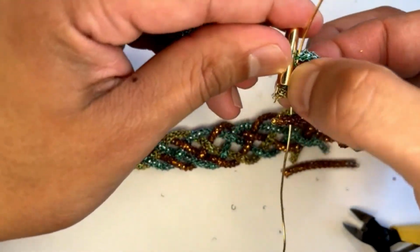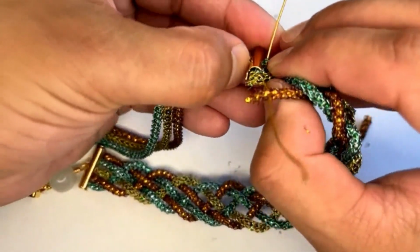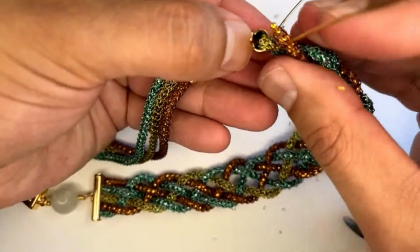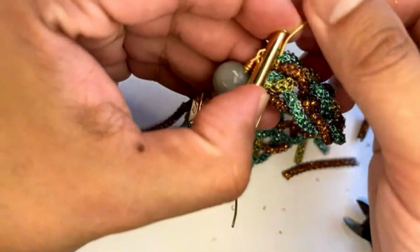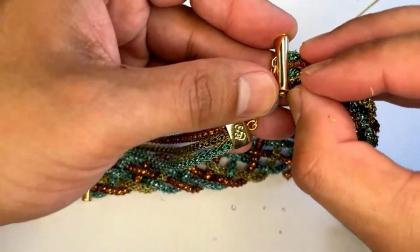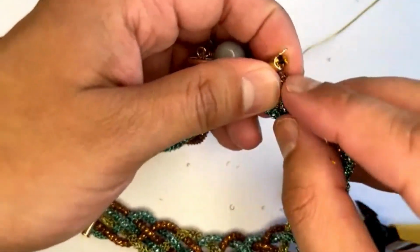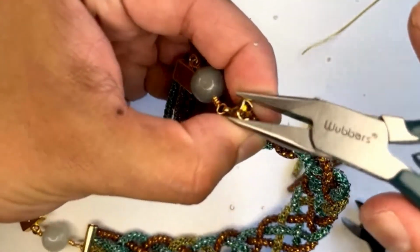Okay, let's see here. I want to make sure that I get all those little knitted wires in, so just taking a little extra time to make sure I do that. Okay. And then that piece of craft wire through there is going to help too. That's a must. Oh, for sure. And at some point you can definitely take it out and just readjust all this stuff. My last one there came out because that's pretty loose there, so I can at this point tighten this back up,